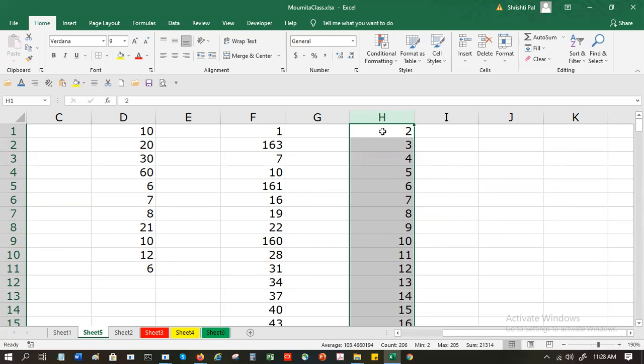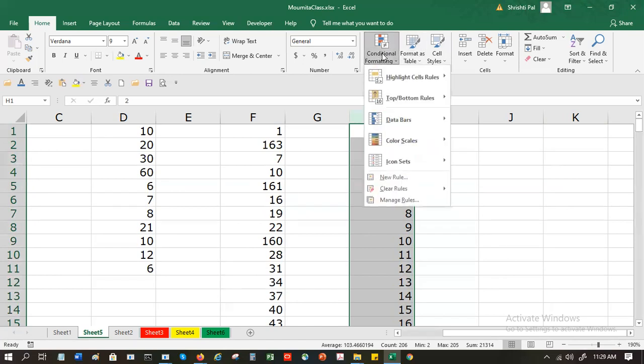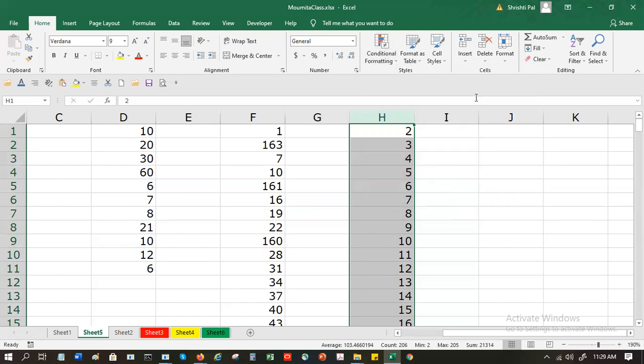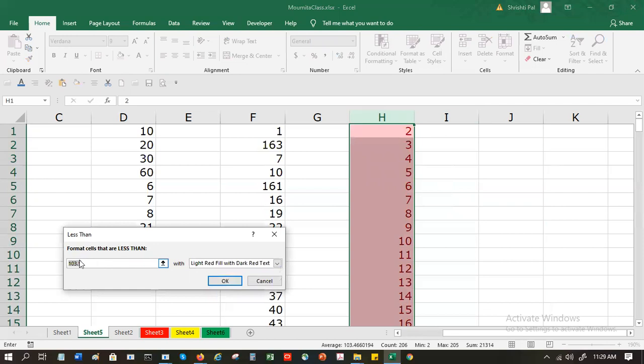Yes. Okay. So like I highlighted the greater than, I can do the opposite. I can say less than. So if I say highlight those cells which are less than 50 with light red, and if I want any other color, I have a custom format here.